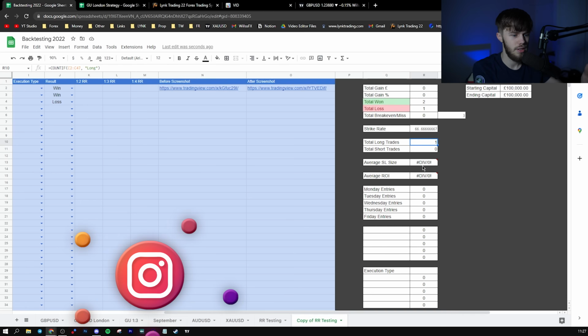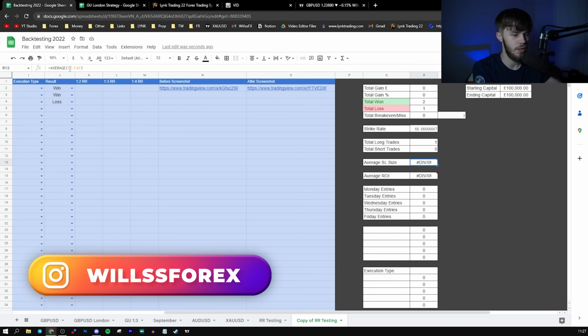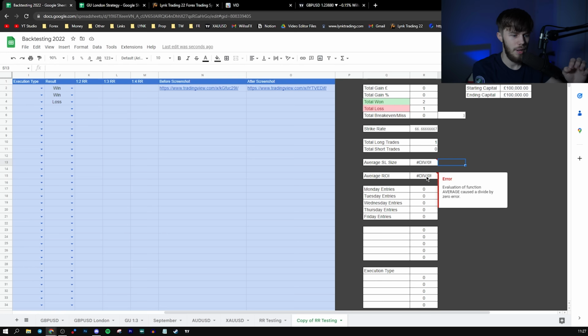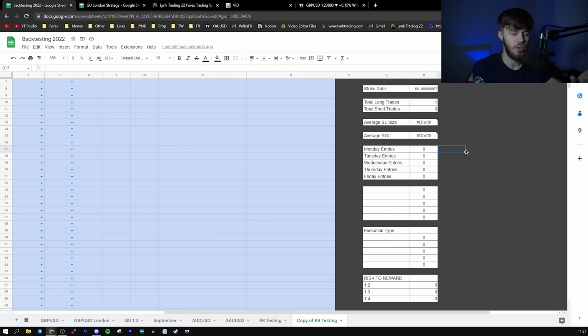Average stop loss size, this is just using, you know, the average of the stop loss sizes which we've put in that column. Then we have the average risk to reward, or the average ROI, just simply in the highest R column. And this is where I find my strategy will work better than other people, because I focus on